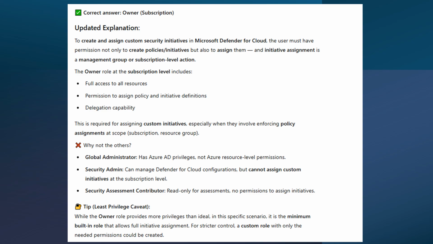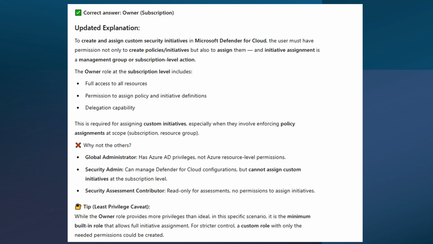So the owner role at the subscription level includes: one, full access to all resources; two, permission to assign policy and initiative definitions; and three, delegation capability. This is required for assigning custom initiatives, especially when they involve enforcing policy assignments at a scope, subscription,